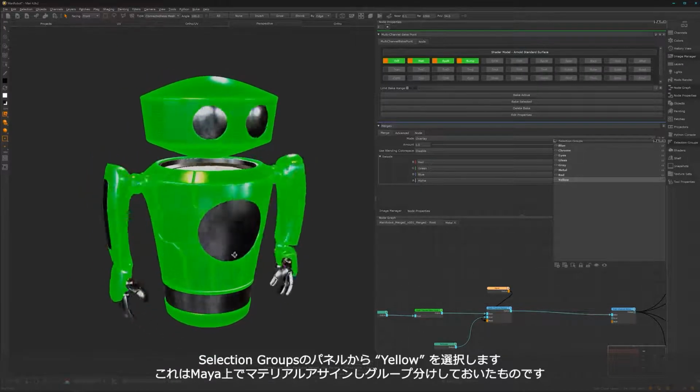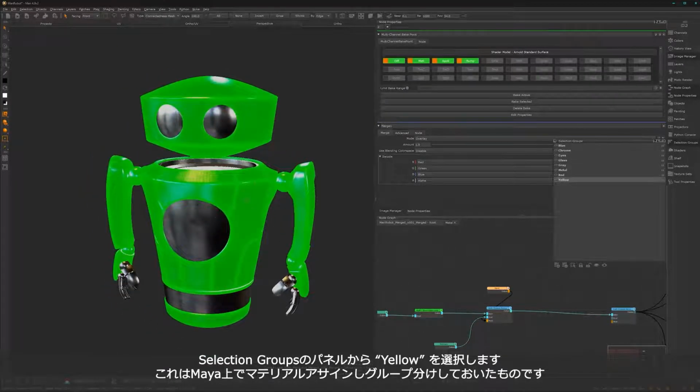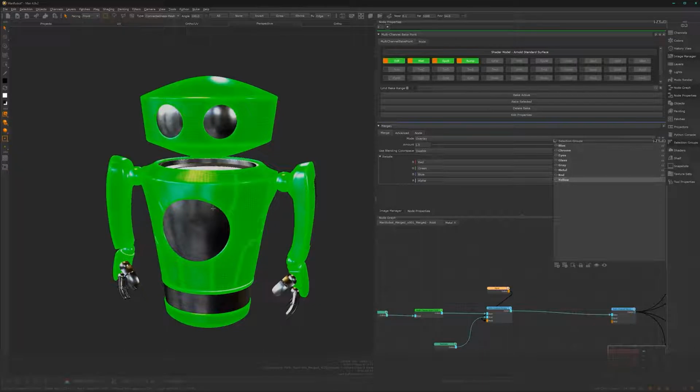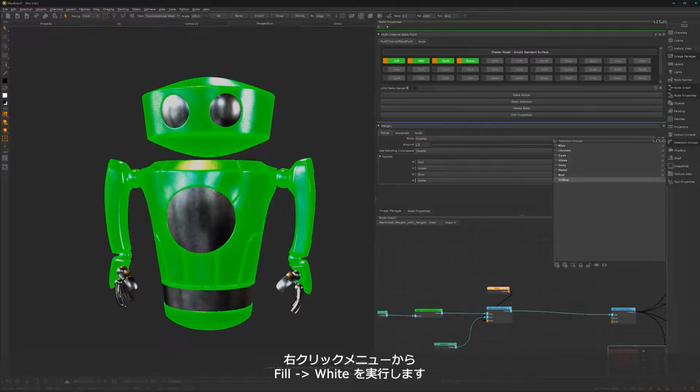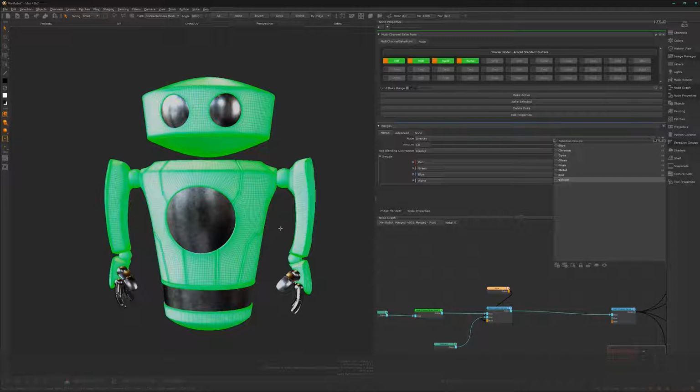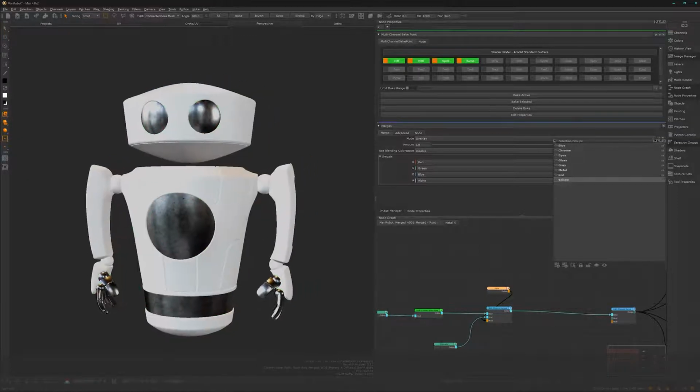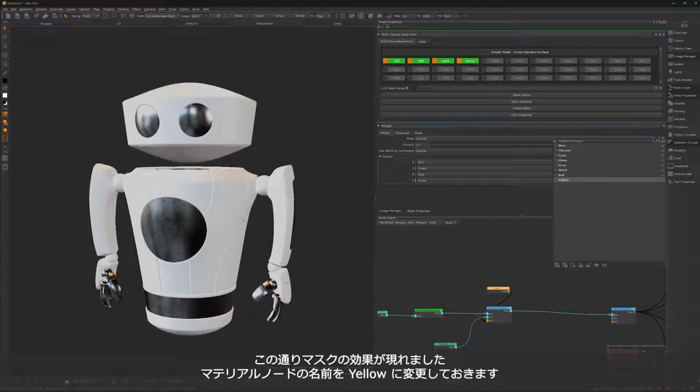It will select all the parts which we want to have as yellow. Okay, so here right click in the viewport, fill and fill with white. Give it a second and double click here in the viewport, and we can see we have masked out here the material. So we can close this one here, don't need it anymore,